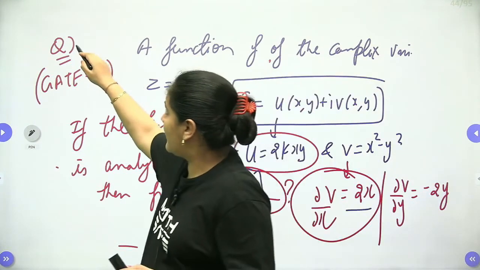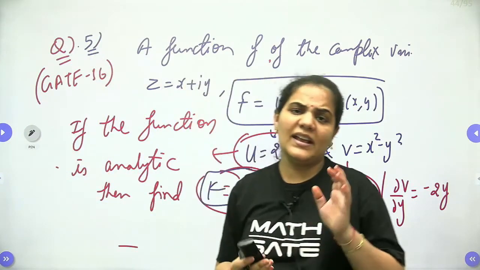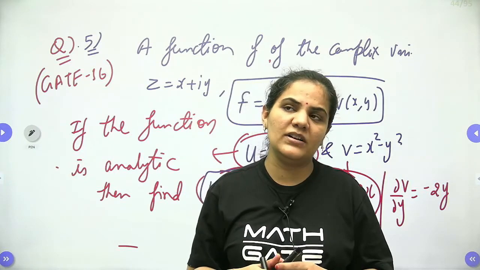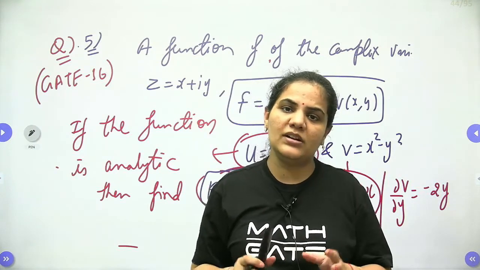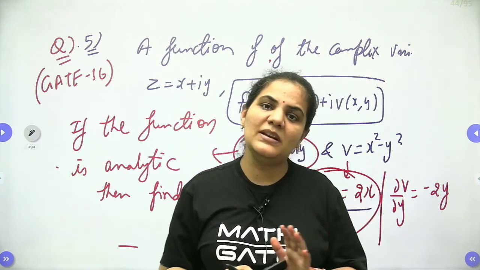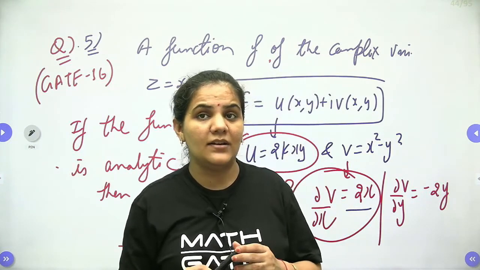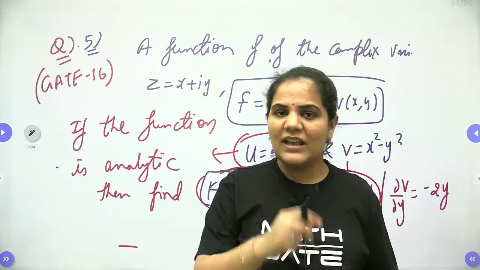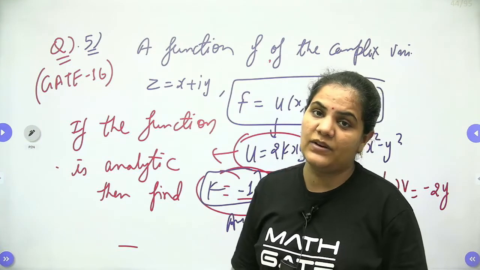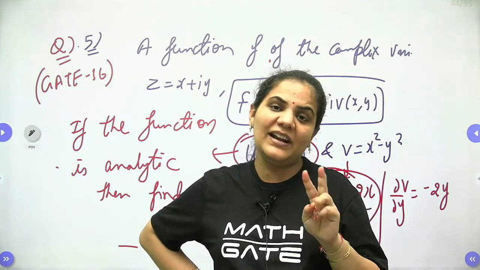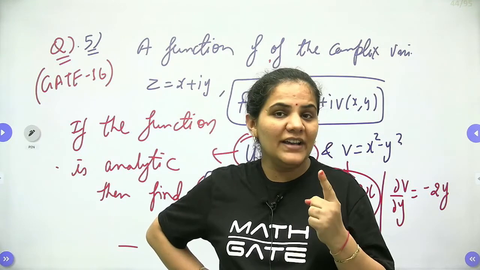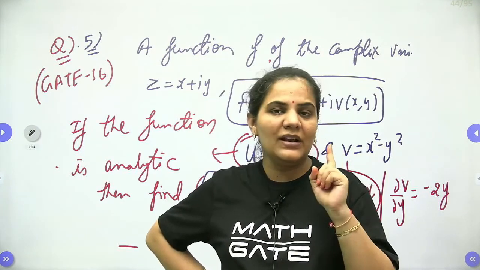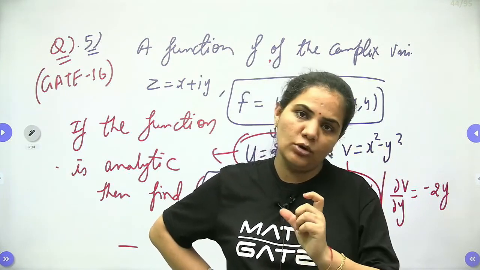We discussed these 5 GATE problems, which are based on the analytic function. Now I will tell you how to construct an analytic function. Till now no question has been asked from that segment in the GATE examination, but if you are preparing for ESE, then definitely you can go for it. There are 2 methods to construct an analytic function. The first is the total derivative method and the second is the Milne-Thomson method. I will tell you both methods and we will approach one example with both of them.